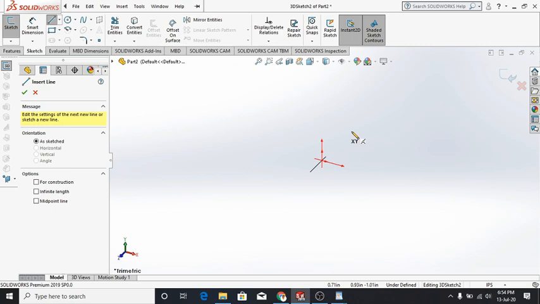XY means that whatever line you draw is going to be drawn on the XY plane. When I press Tab it changes the plane to the YZ plane. When I press Tab again, whatever line I draw will be on the ZX plane. I hope that is clear.